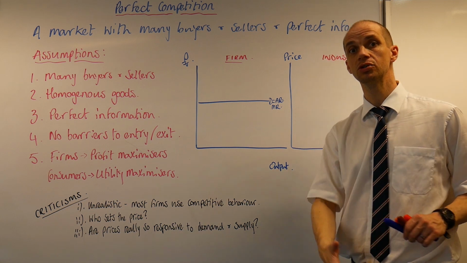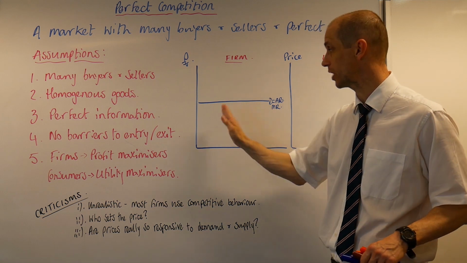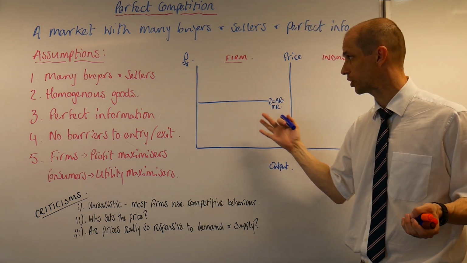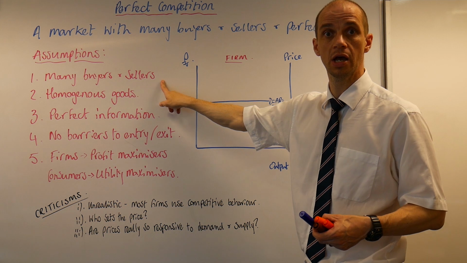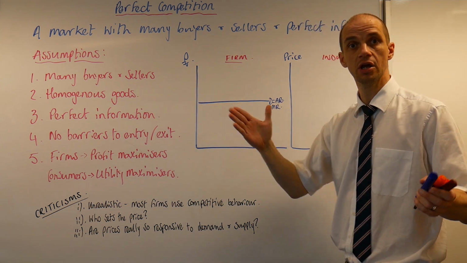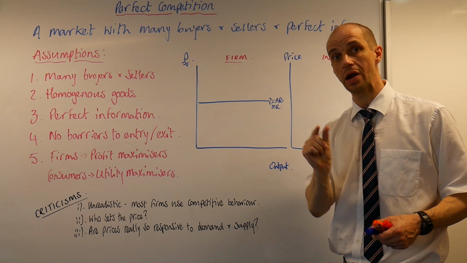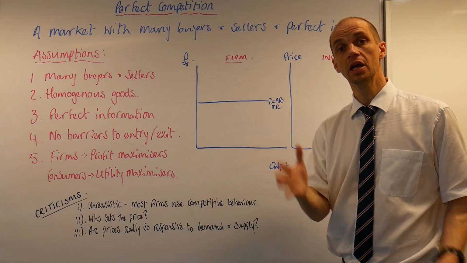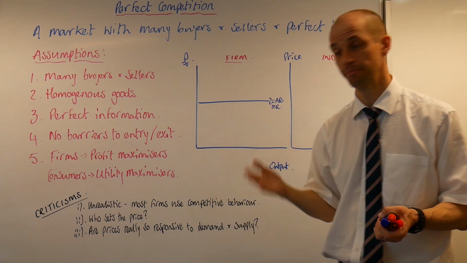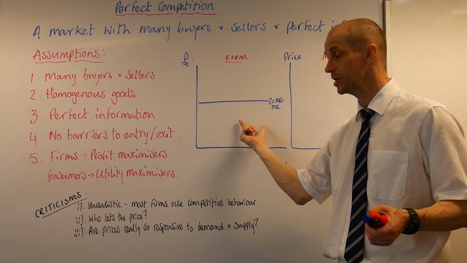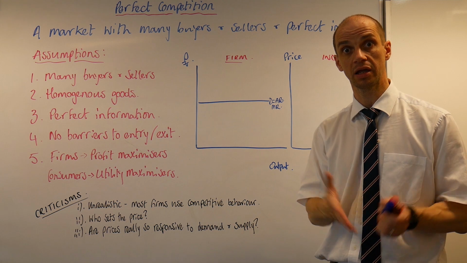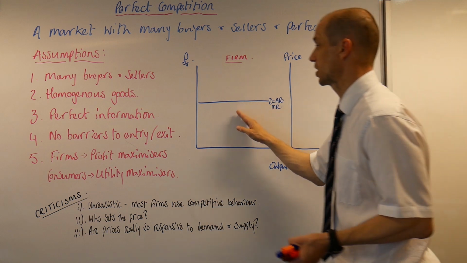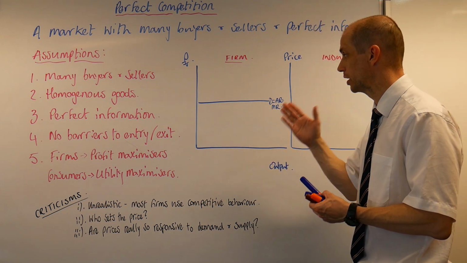For most firms, if they choose to increase output, they will need to sell their goods at a lower price, but not so when it comes to perfect competition, because there are so many buyers and so many producers that if one firm increases their output quite significantly, it only has a tiny impact on the overall market supply. If you think about an individual dairy farm, if it significantly increases its output, it's still not going to have an impact on price levels for the national market. Okay, so that's the first thing to be really aware of.